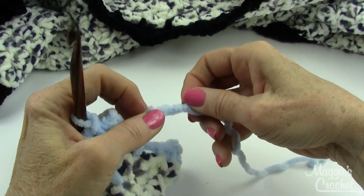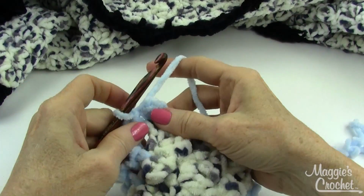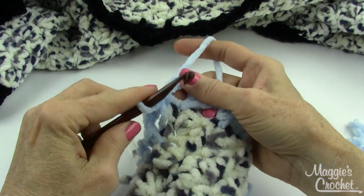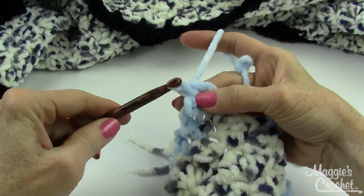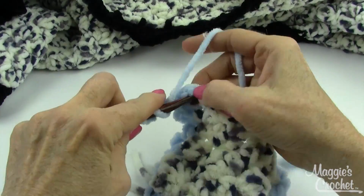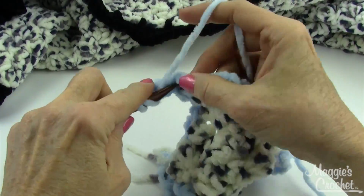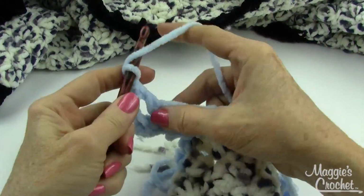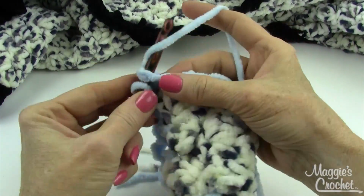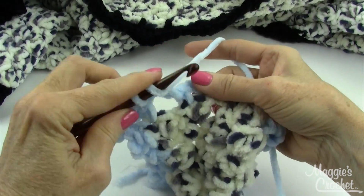And I have a little knot here. Okay, I'm just going to crochet past that. So now you slip stitch in the corner chain 3 space like that, and then you chain 3 and you double crochet, chain 2 and 2 doubles in that space, and then you single crochet in the next chain 3 space, and then you shell, which is